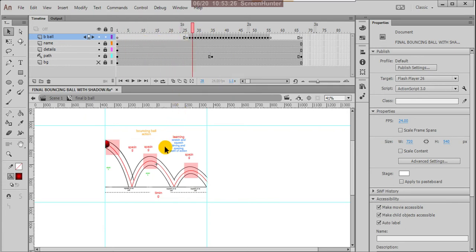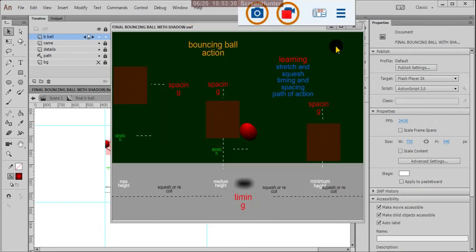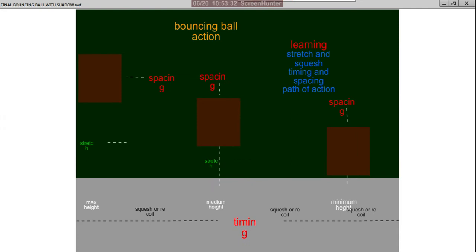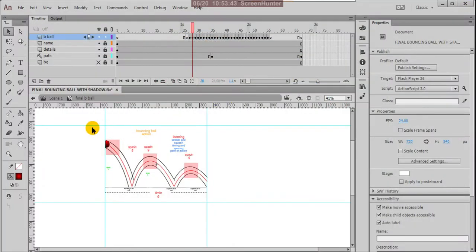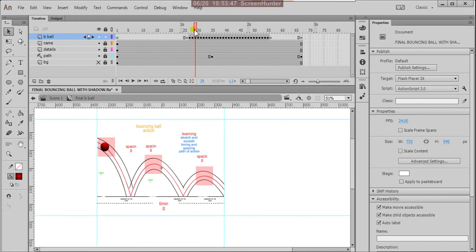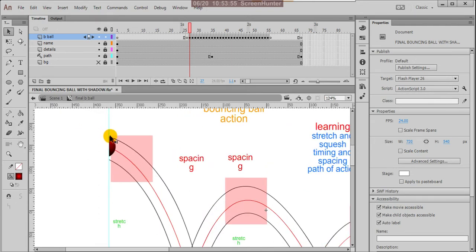So you can check this by pressing Control Enter. We'll see the preview of the animation. It's coming, touching the ground two steps and leaving this area. Okay, so then after adding a few more experiments, then what you do, we have to plan a shadow of that.